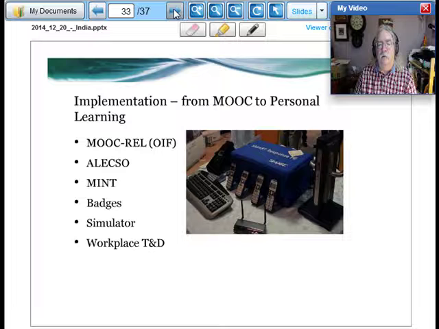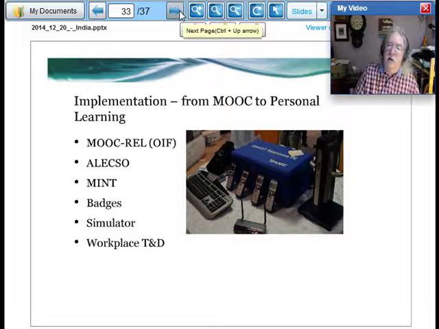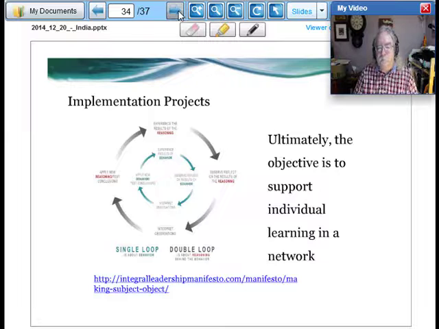We have various implementation projects that move us from MOOC to personal learning. We've worked with a number of partners, varying from the Arab League to the Organisation Internationale de la Francophonie, to the Government of Canada, to commercial enterprises across Canada and around the world.